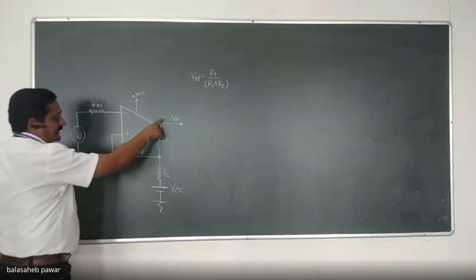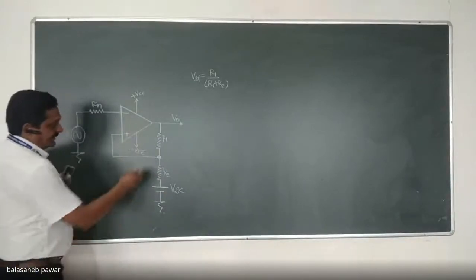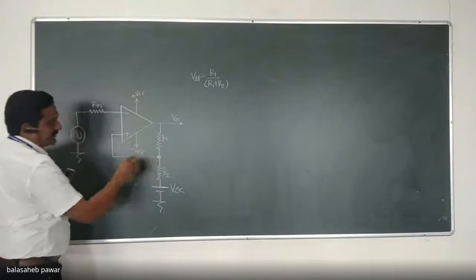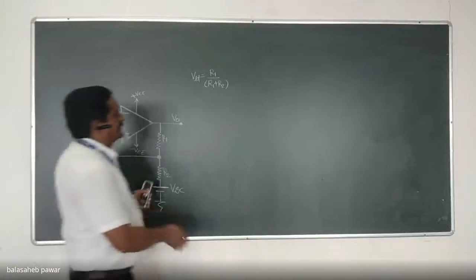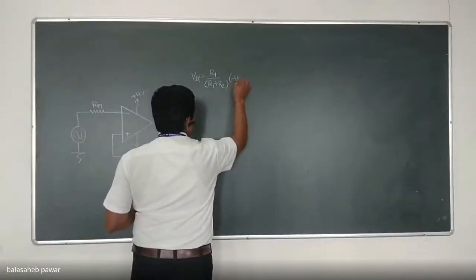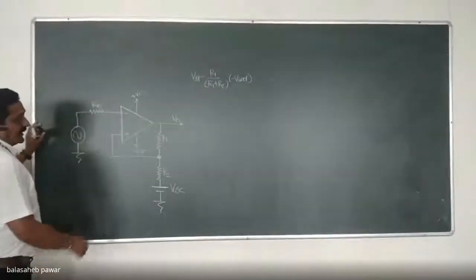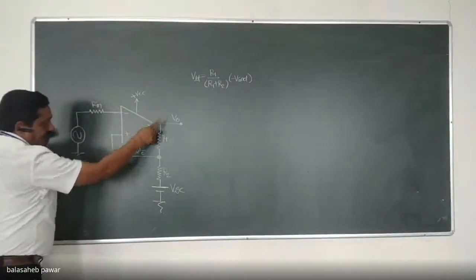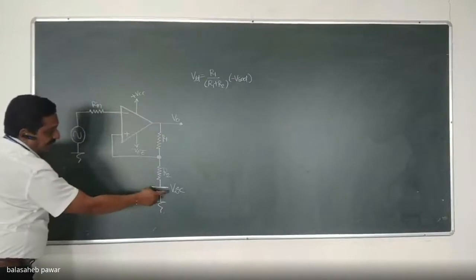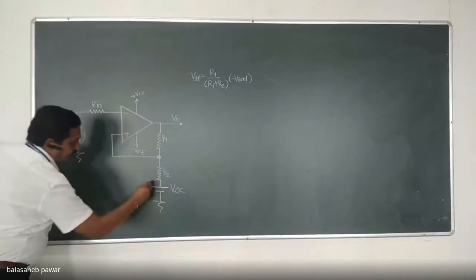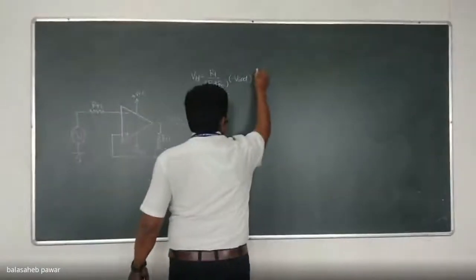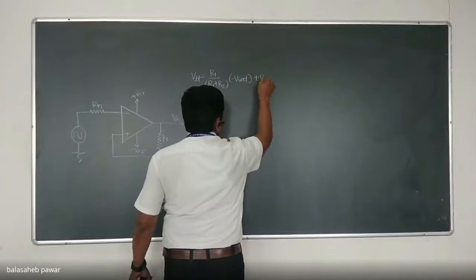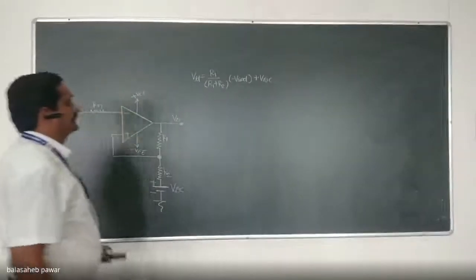So minus Vsat will be there as a source, but at this node, how much will be the voltage? That voltage will not be only by the voltage divider, right? Here I can write it like this, minus Vsat as it is. Now, as it is negative and the dedicated DC source available is plus VDC as per the polarity, we have to consider it as it is. That is nothing but plus VDC, right?